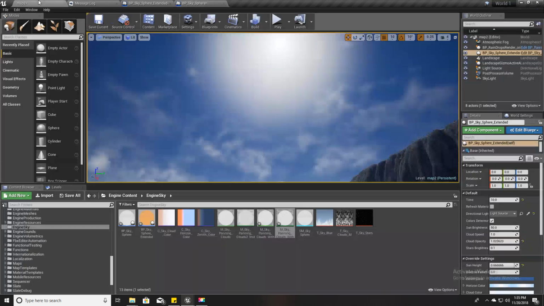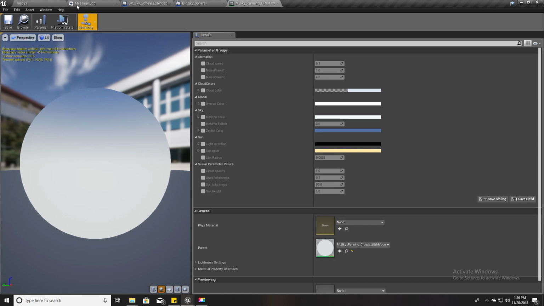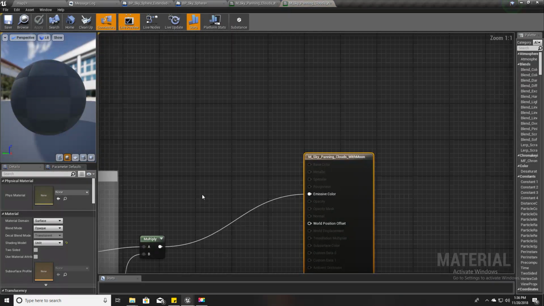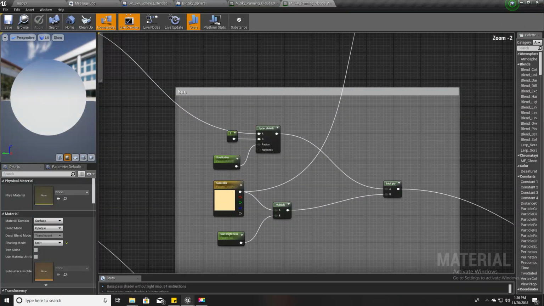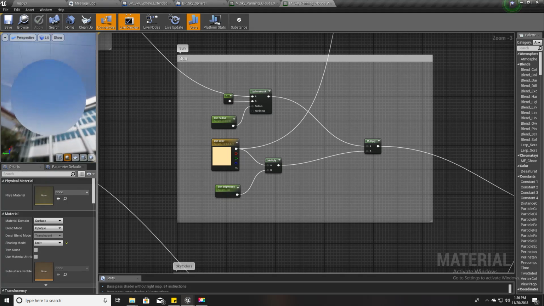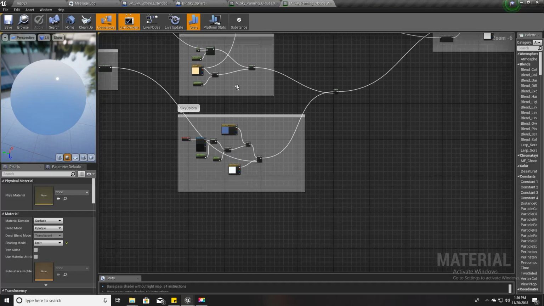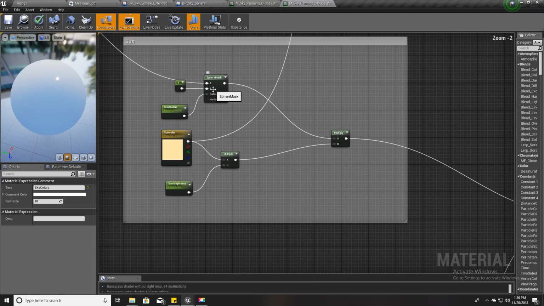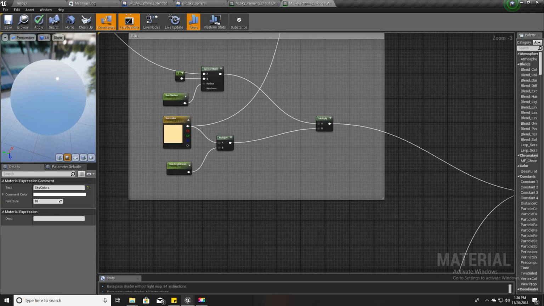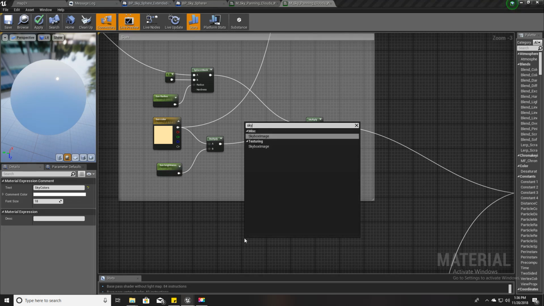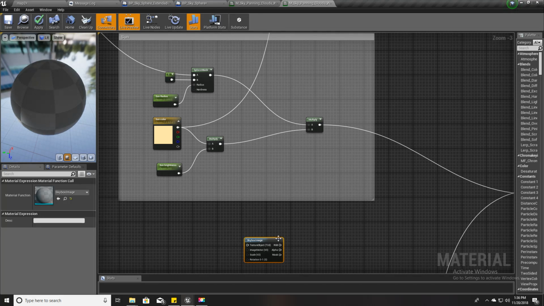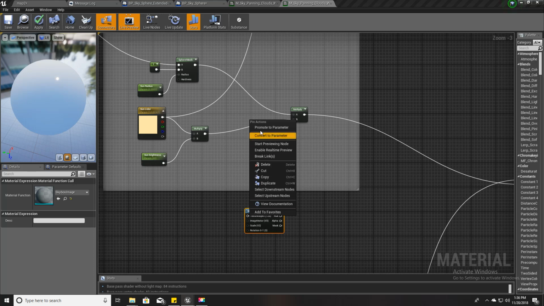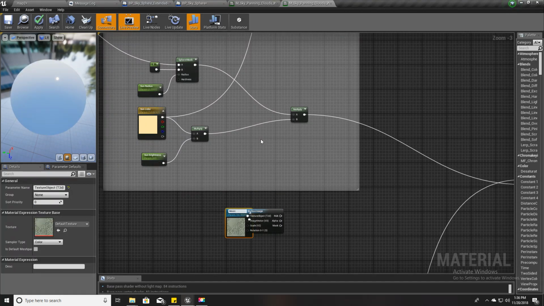Okay, then I'll open this material, and here you can see how the sun is defined or created in this material. So in the same way I'm going to create the moon as well, but we can't use the exact same way. So what I'm going to do is add a node called skybox image, right? And for the texture I'll promote this to a parameter and call it moon texture,